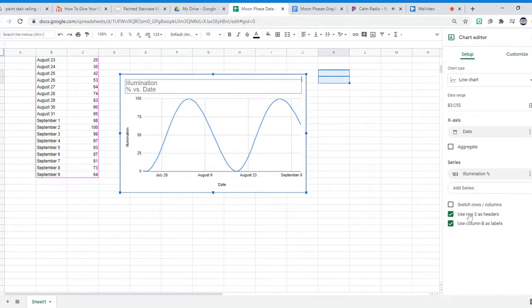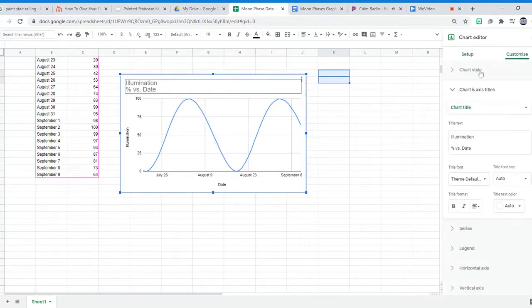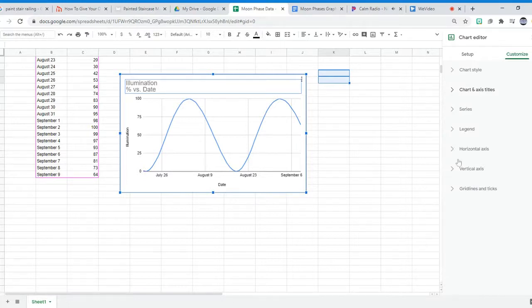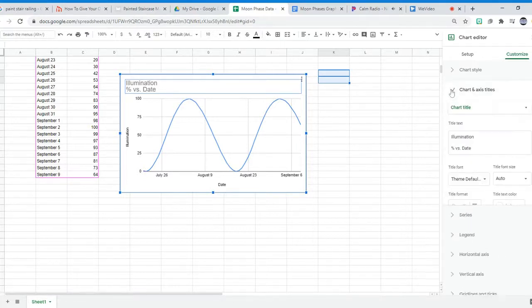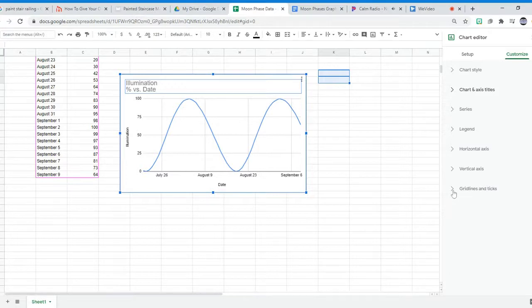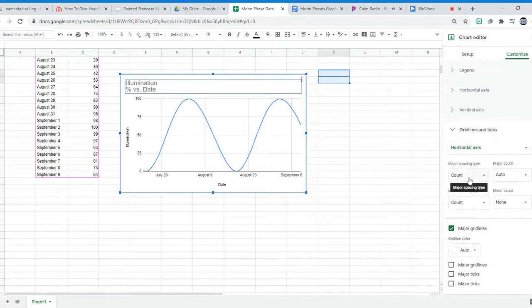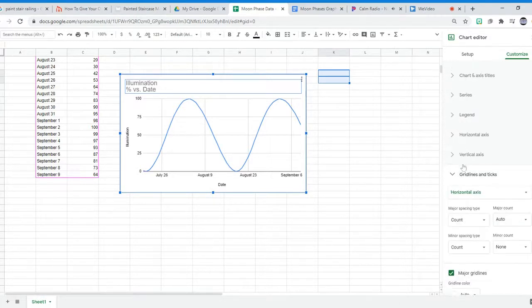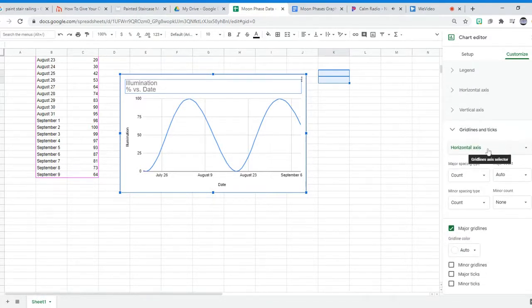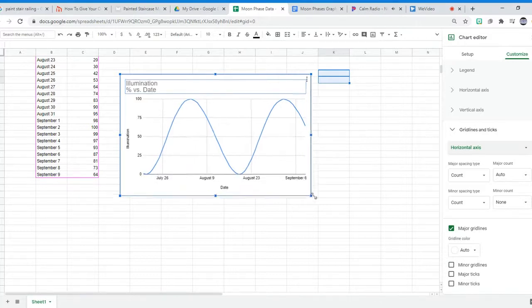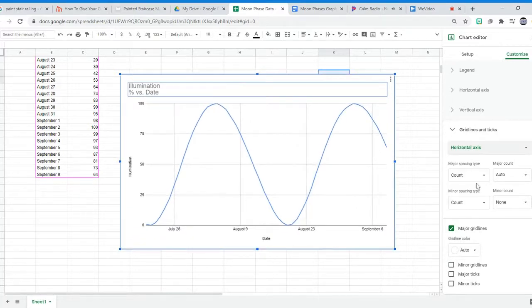There's a Setup tab and there's a Customize tab. And under Customize, notice the arrows we can open or close. One of them is grid lines and ticks. So I click on the arrow to open up grid lines and ticks. The first section gives me the opportunity to either work on the horizontal axis or the vertical axis. If I'm working on the horizontal axis down here, and remember, you could always take your graph and make it look a little bit bigger,